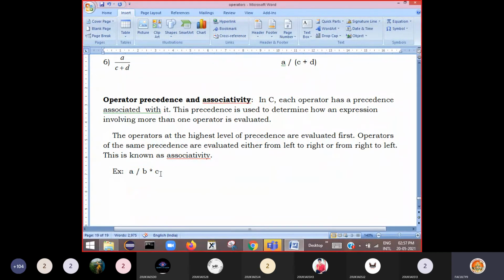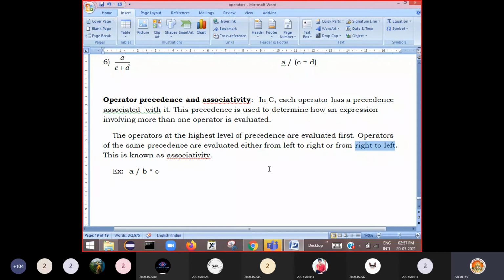Sometimes for some operators, right to left, when you traverse this, whichever comes first, you calculate that first, then you calculate the next one. That means for some operators the associativity is from left to right, and for some operators the associativity is from right to left.